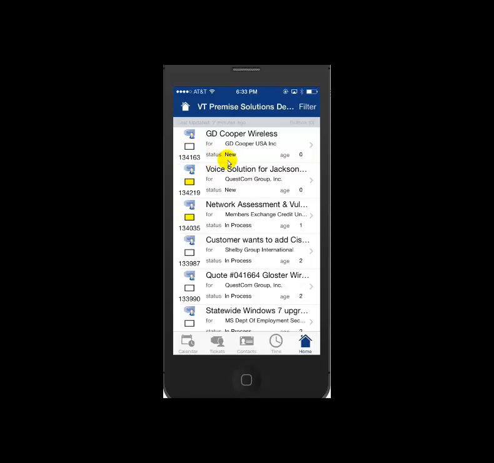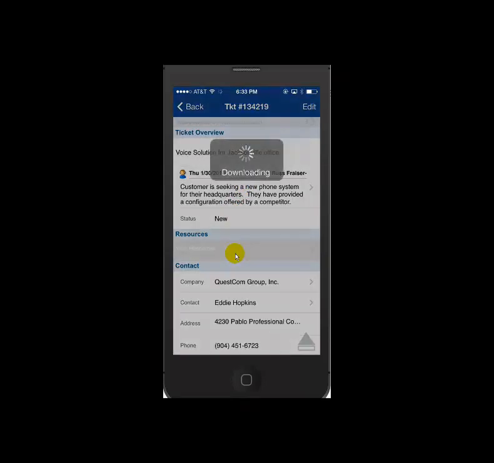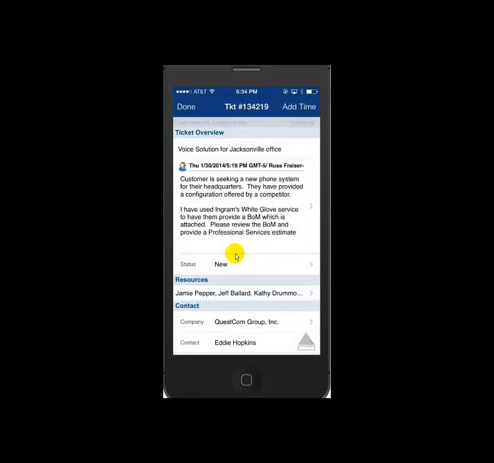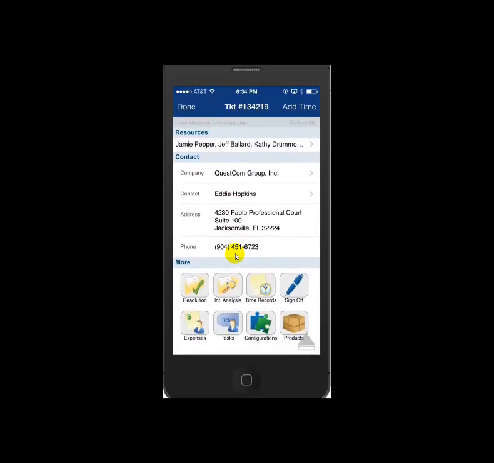I can drill down to a particular ticket and see all the information stored on that ticket. Here's the detailed description, the summary of the ticket, the status. I can actually see the resources that are assigned to that ticket. There they are right there. Okay, I can view the contact and company information, and down here I can actually click on any of these buttons and see beyond that the same information I see on the full scale tool: resolution, internal analysis, and